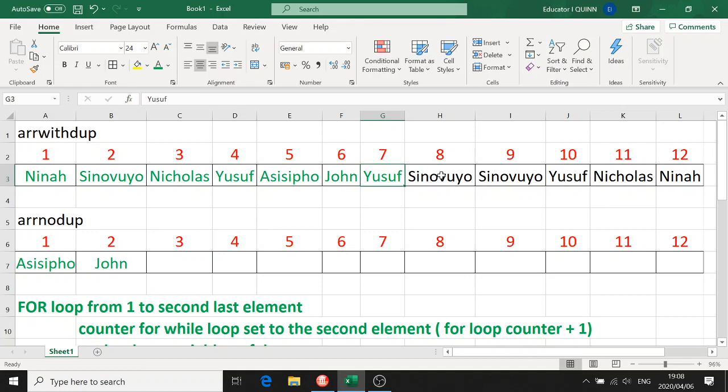Okay, so that one's done. The next one, for loop is at 8 now, and then the while loop will go and look at the rest of the array and it does see there's a duplicate, so nothing gets done. The for loop is now at 9, okay, and then the while loop will go from 10 to 12, and there's no duplicates, so